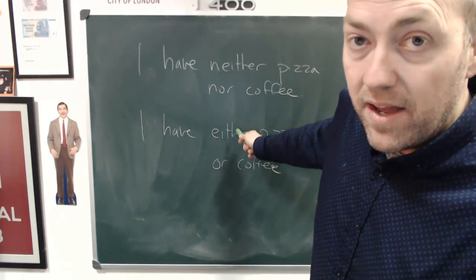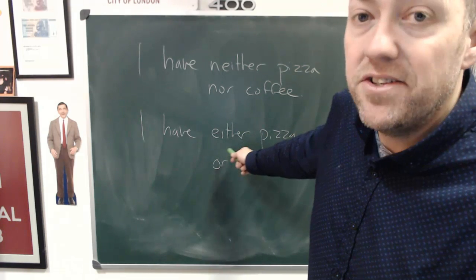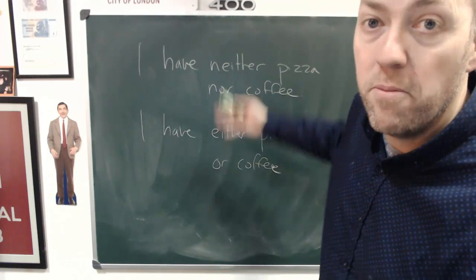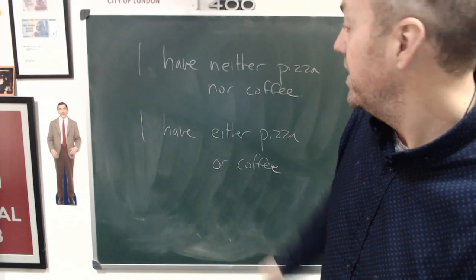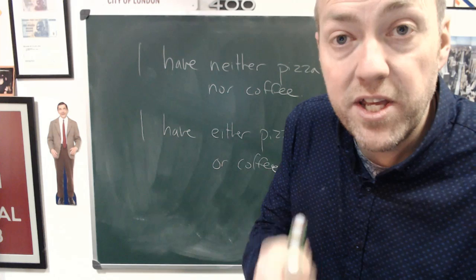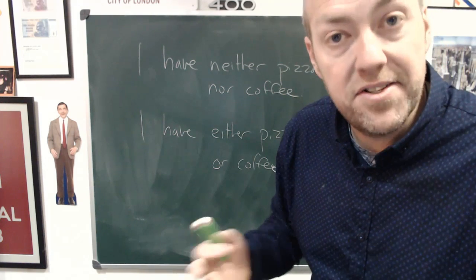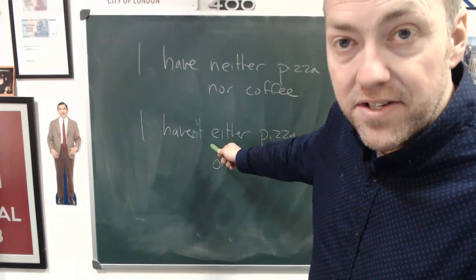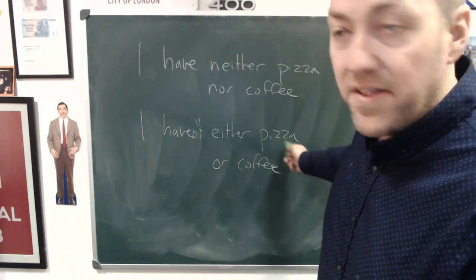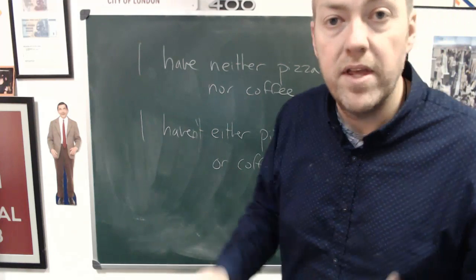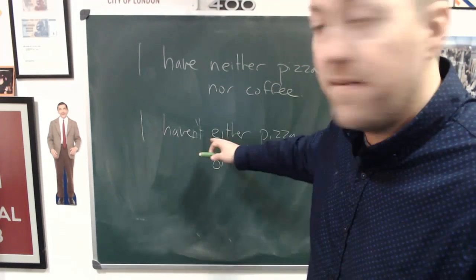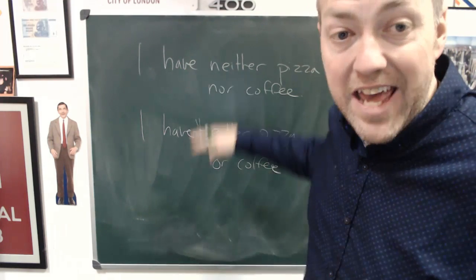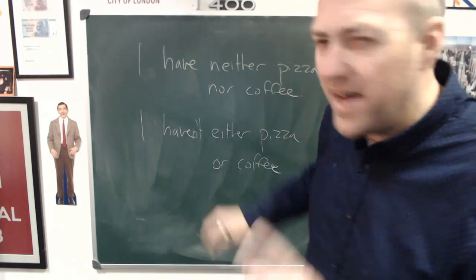Now, either, okay, is the positive form, the affirmative form of this. And if we use it with a negative, it's the same thing. So I have not either pizza or coffee. Okay? So you're saying, I have no pizza and I have no coffee. It's the same meaning. But